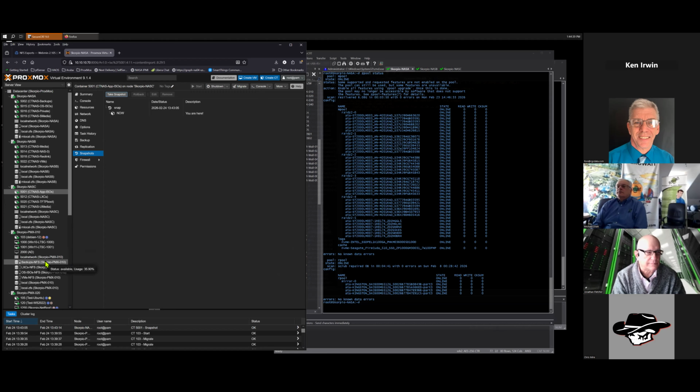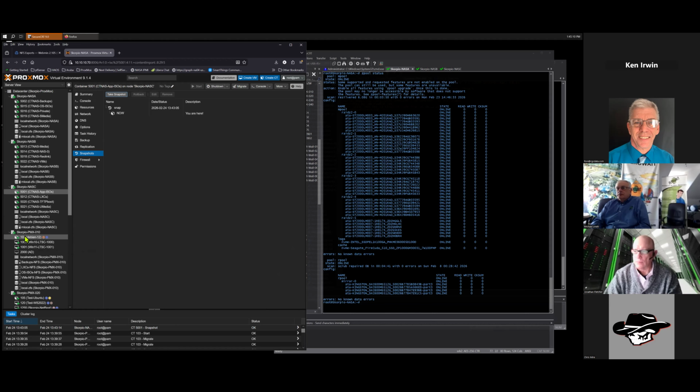This is one of the advantages of containers. Whether the containers are LXC containers or Docker containers is irrelevant in the latest versions of Proxmox. In the latest versions of Proxmox, we can take a Docker image, create a container from that Docker image, and it will encapsulate it into an LXC container.